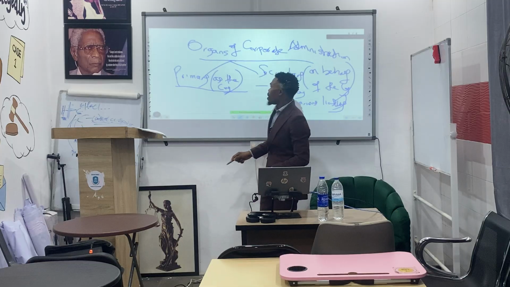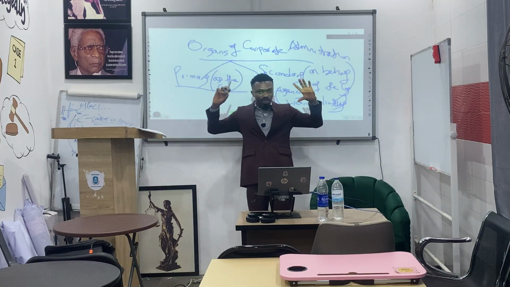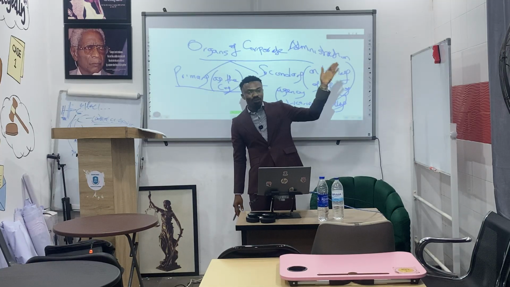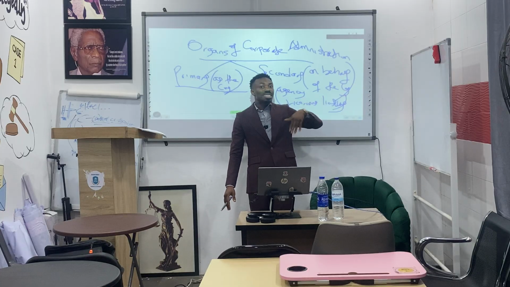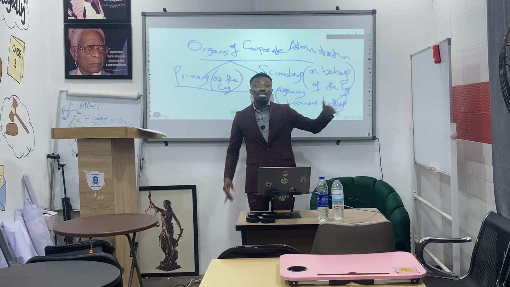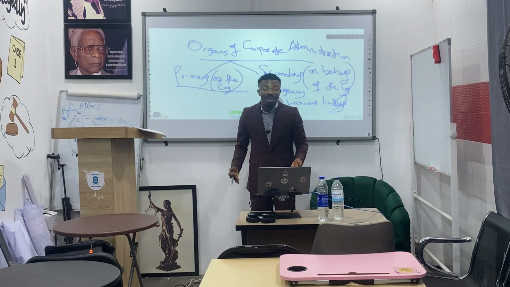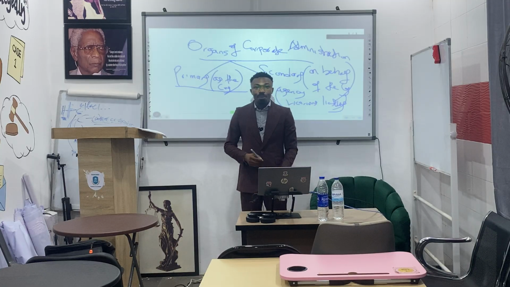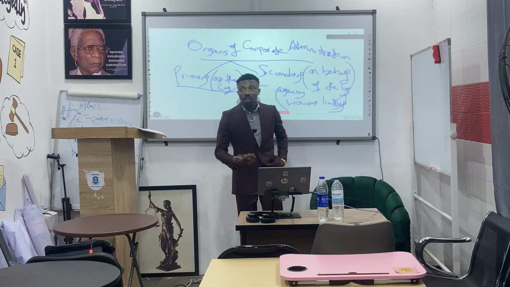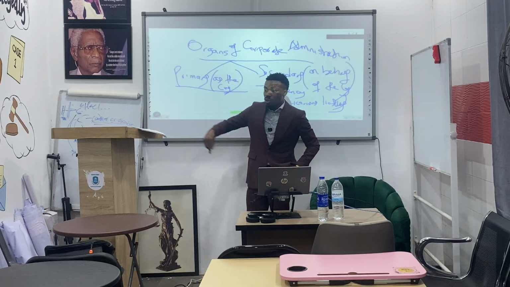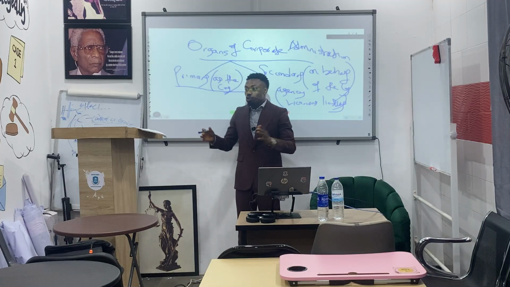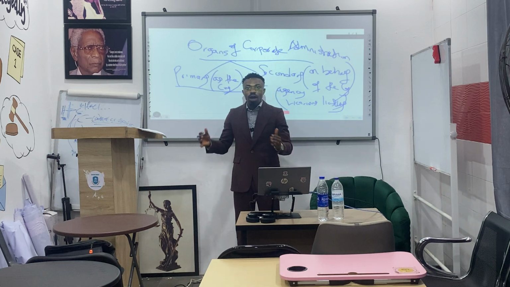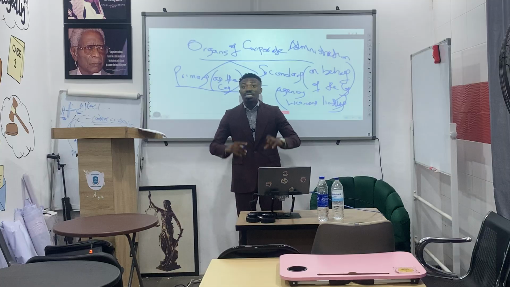So who is now the company here? Don't see the company as an artificial entity anymore. Yes, in first semester, looking at corporate personality, you might see the company as an artificial entity. Now the company is a group of persons. That is just it. That is the reason why those that argue the contractarian school of thought will tell you that a company is nothing but what, a vessel that is used to bring together a collection of rights of different people. So at the end of the day, it's still human beings that are necessarily what the company is,